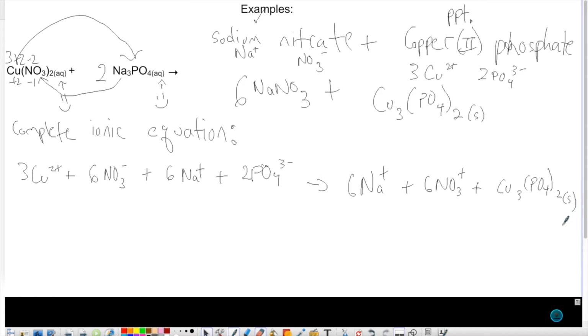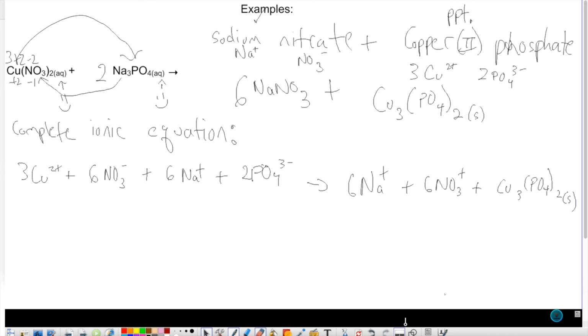Ooh, that one's a solid. It doesn't form its ions in solution, okay? So you just write the solid there, and that's it. And everything should still be balanced, all right? So that's a complete ionic equation where you write everything out. The next thing that you would do is a net ionic equation. Okay? And that would be,